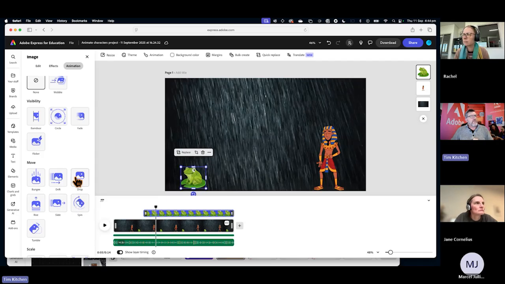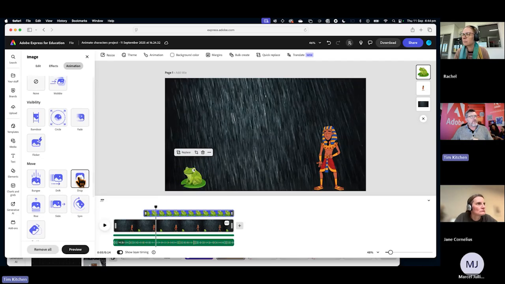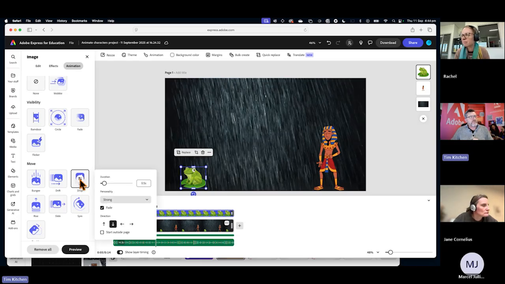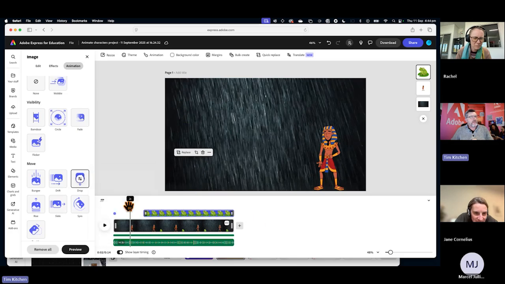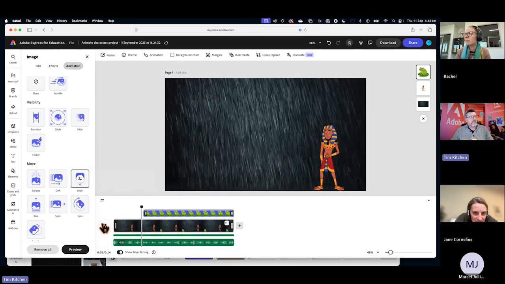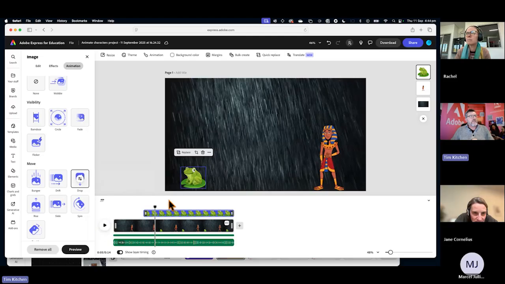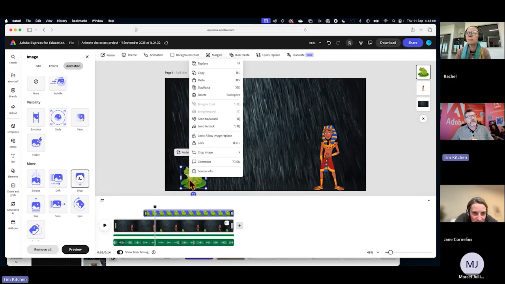I might do the drop. I'm going to click on the drop, and then click on the drop a second time. And I'm going to have the drop come in from outside the page, so it literally drops from the sky like it's raining frogs, and just test what that looks like. Now that I've got that, I'm thinking I might duplicate that by doing a right click on the frog, clicking